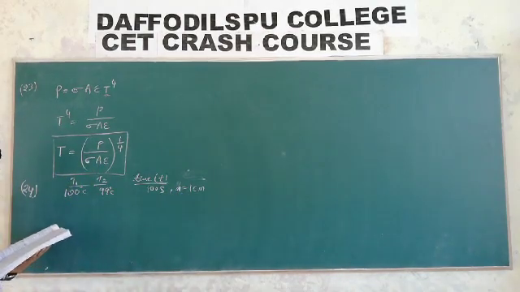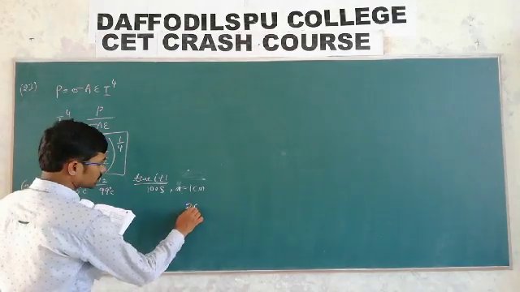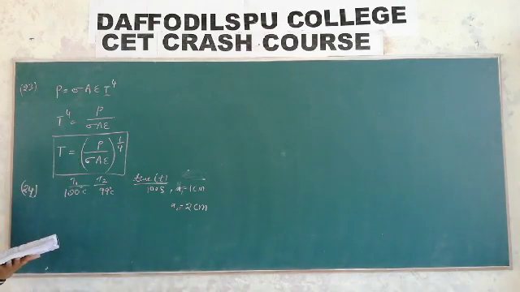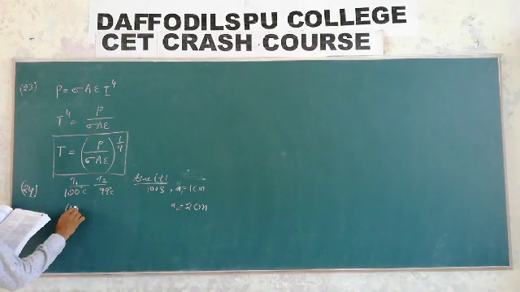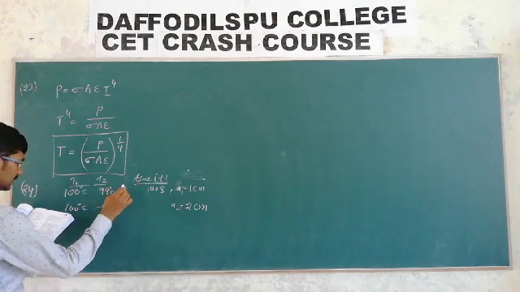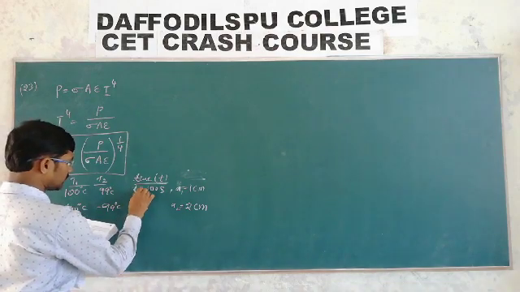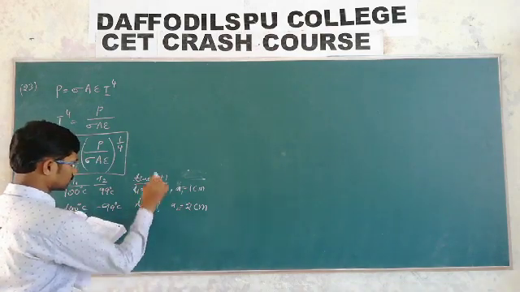Another solid copper cube of edges 2 centimeter, let us take L2 as 2 centimeter, with similar surface nature, is suspended in a similar manner. The time required for this cube to cool from 100 degrees Celsius to 99 degrees Celsius will be approximately? This is T1 and this is T2.